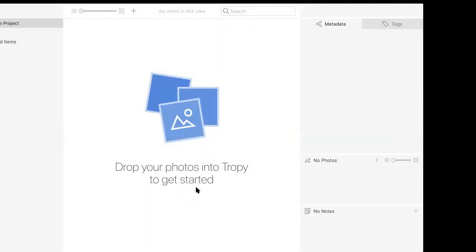Okay, now we have our blank slate. This is what you will see when you create your new Tropy project. The next step, of course, is going to be importing photos into Tropy. So I'm going to do that right now. There are several ways to do that, but